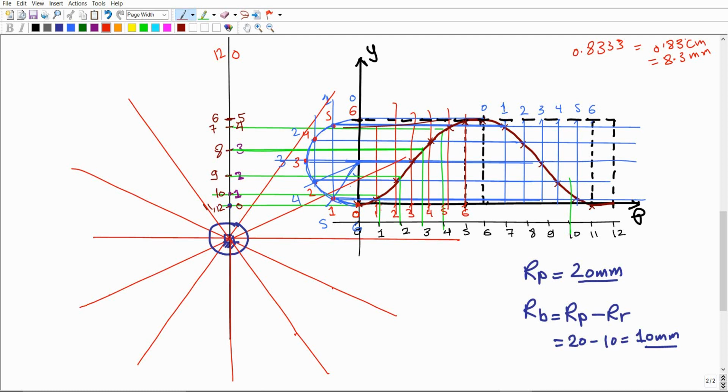So again, the direction of numbering these lines should be opposite to the cam rotation as already given in the problem. But in this problem, he didn't mention anything regarding the cam rotation direction, whether it rotates clockwise or counterclockwise. So if the cam rotation is not given, we can assume that it rotates in the clockwise direction. You can even assume the opposite direction, but let us fix this assumption through